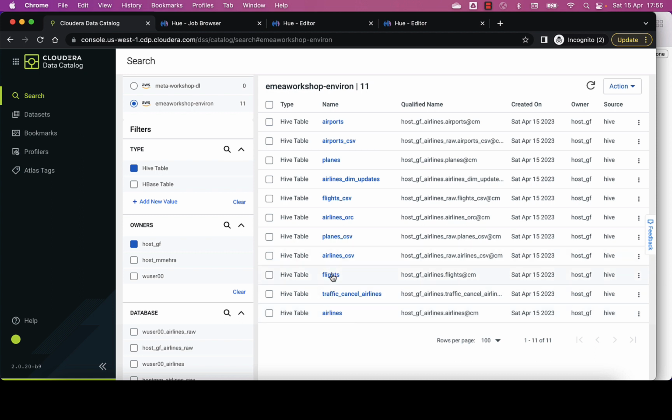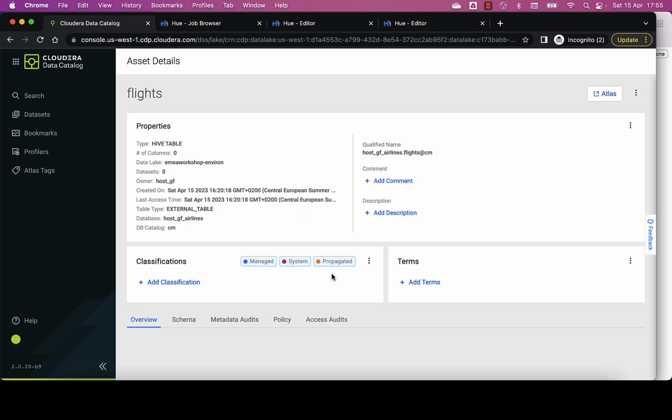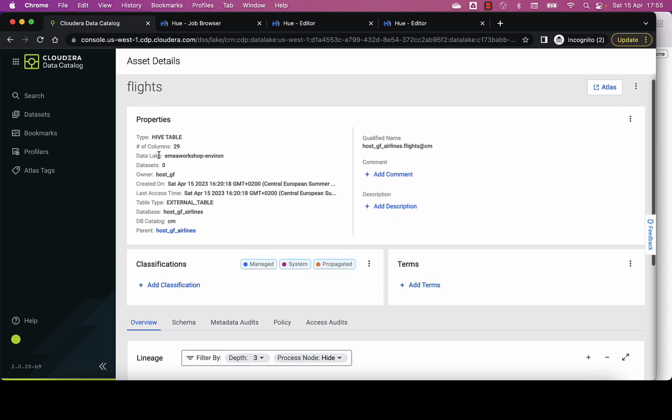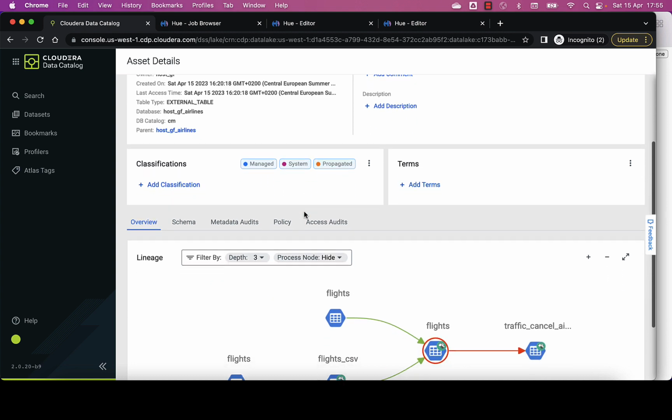For instance, the flights table, our fact table, can be explored in terms of metadata properties, technical properties. We can add comments, description. We can add tagging out of an existing